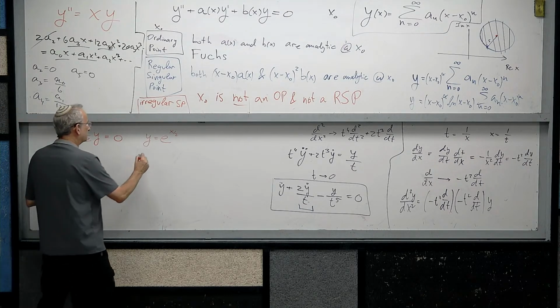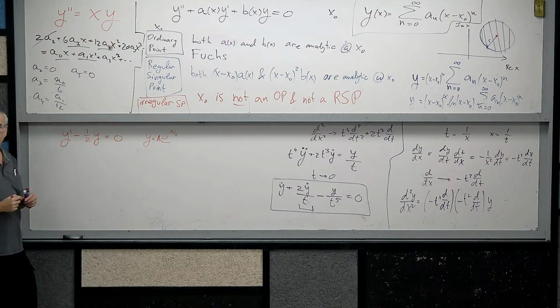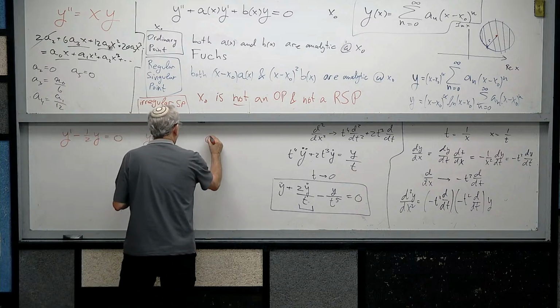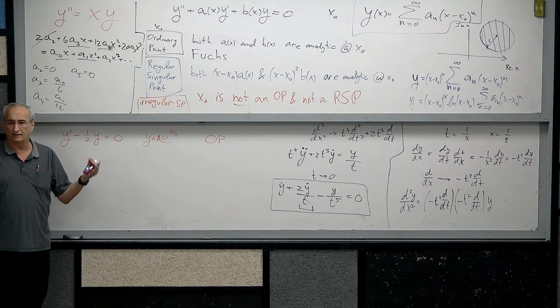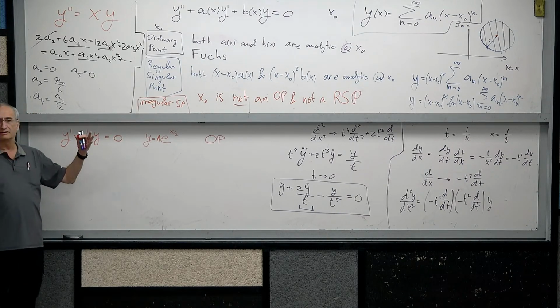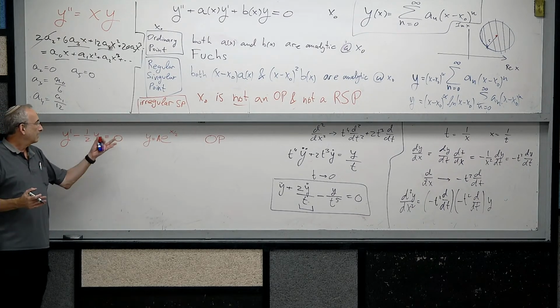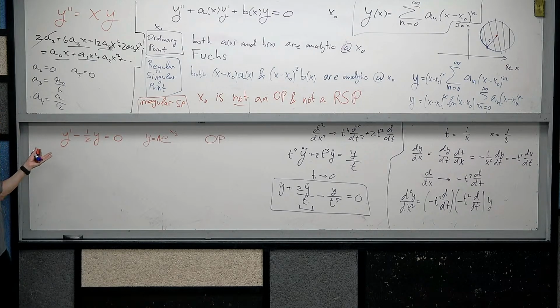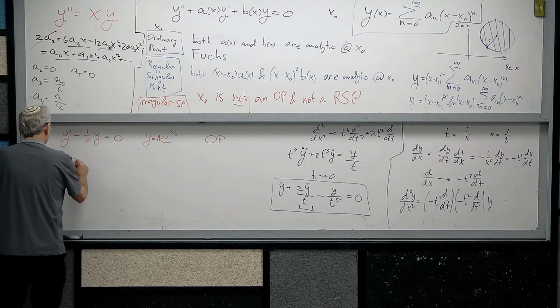Times a. And this is an entire function. So this is an example of an ordinary point in a first order equation, so we can solve everything. It's an exact equation. But you see that the solution at an ordinary point behaves quite nicely at, say, x equals 0. Okay? Now, next, y prime is